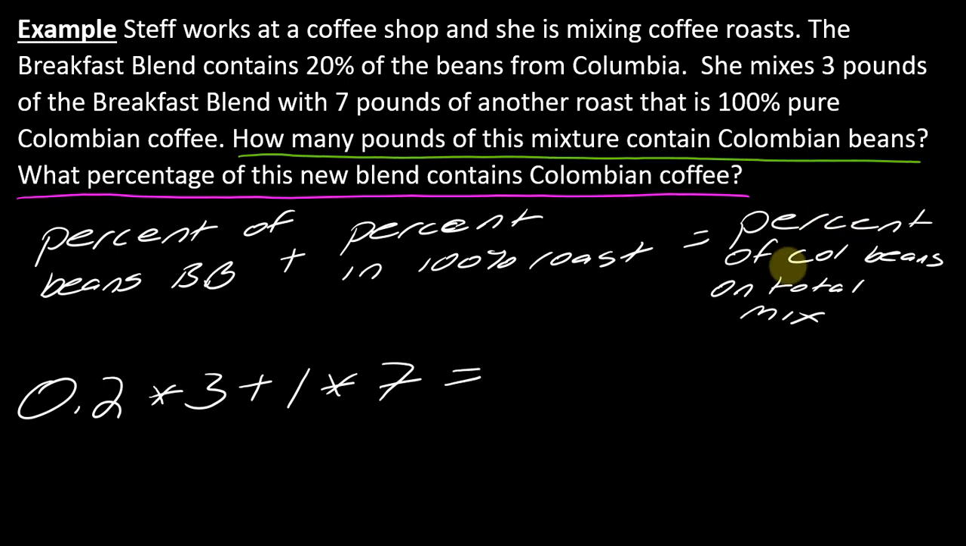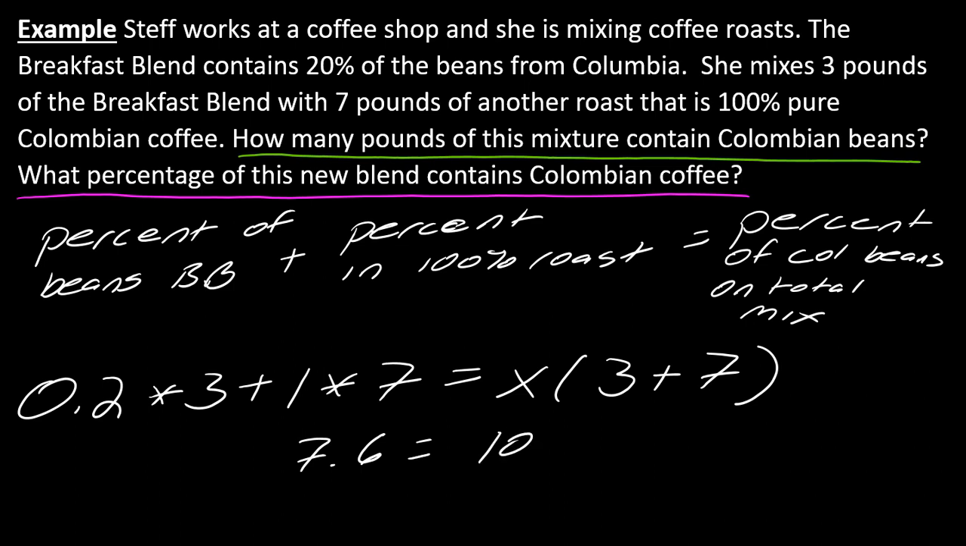But now the one thing that I want to change here is I want to also represent that I have some percentage. I don't know what that percentage is, so I'm just going to call it X for now. That percentage applies to the total amount of coffee, which was 3 pounds and then 7 pounds. So I combine those two amounts. I know what this comes out to. This comes out to 7.6. So I have 7.6 equals 10x. And then once again, I can just divide both sides by 10